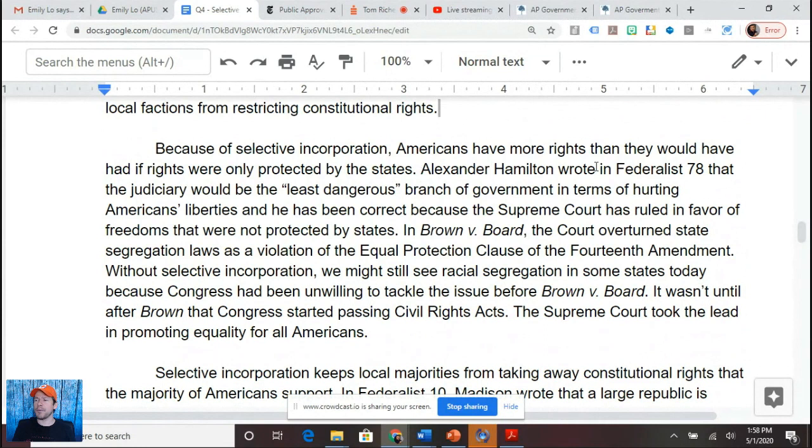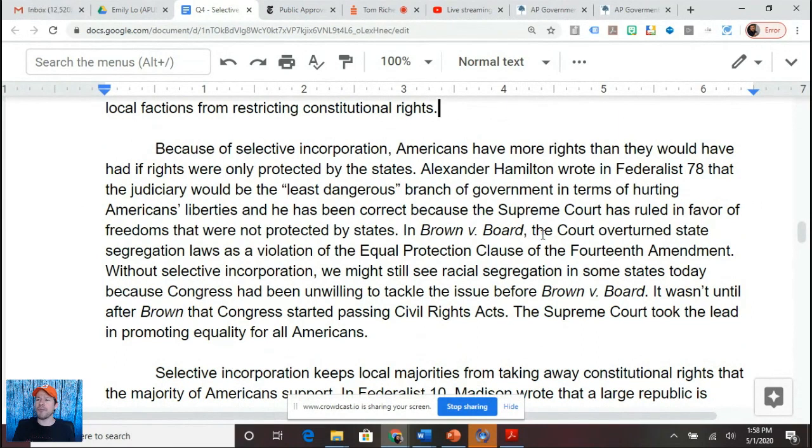Now, because of selective incorporation, Americans have more rights than they would have if rights were only protected by the states. Alexander Hamilton wrote in Federalist 78 that the judiciary would be the least dangerous branch of government in terms of hurting Americans' liberties. And he has been correct because the Supreme Court has ruled in favor of freedoms that were not protected by